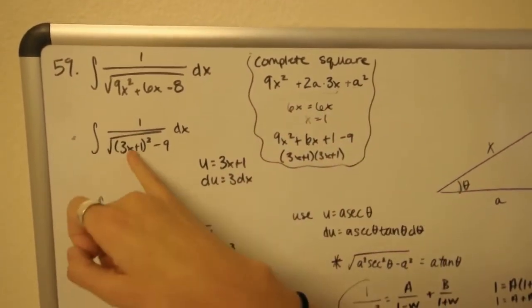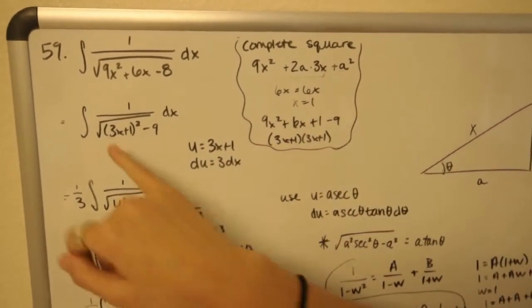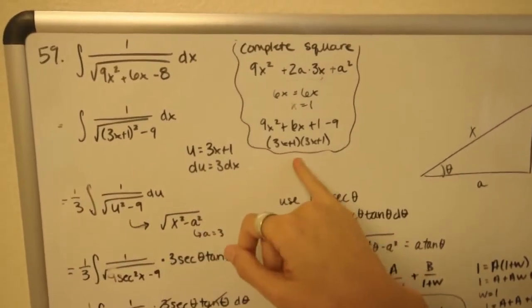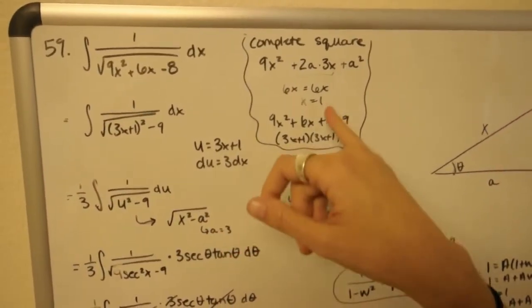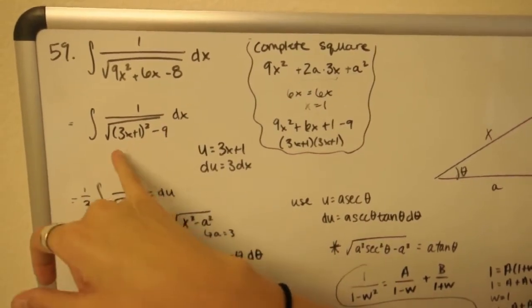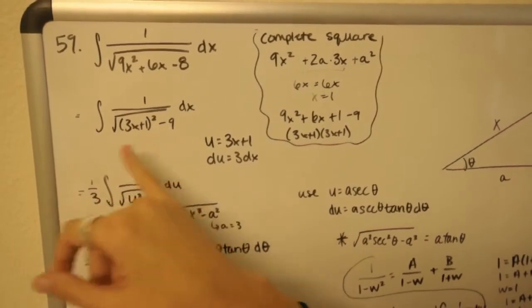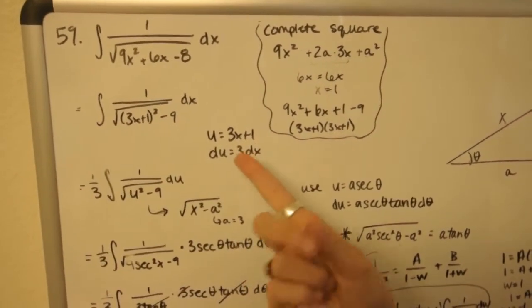so it's factorable, and so you need a 1 right there in order to be able to factor into 3x plus 1 and 3x plus 1. And then if you add a 1, since you have minus 8, you need to also minus 1, so that's why it becomes minus 9. So then you have 3x plus 1 squared minus 9, square rooted, and then so you can do a u